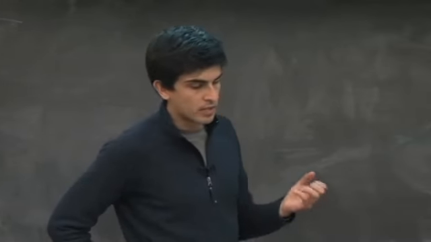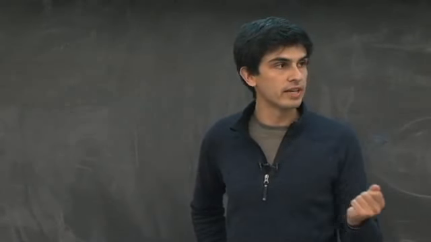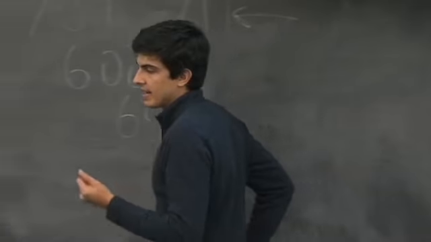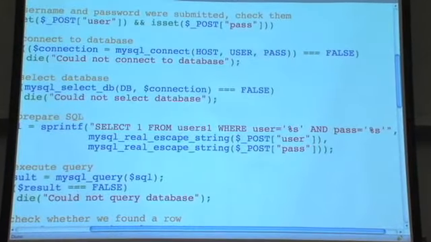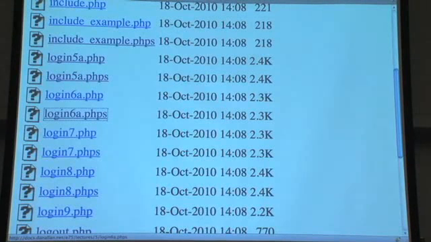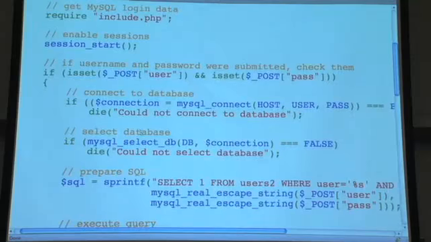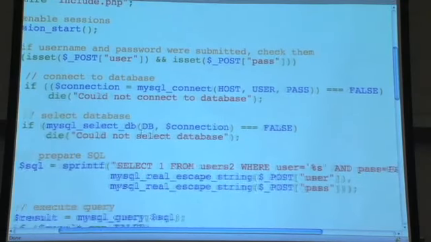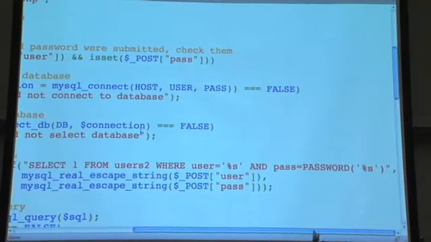So presumably there must be a way that we can then pass some data, like this password data, into a function and get it manipulated in some way as well. And in fact, of course, it's a leading question. We can do this, and that is what login 7 shows us here. So with login 7, it's pretty much all of the same thing, except with pass, what we are doing is accepting as input the password, but we are asking MySQL to encrypt it using